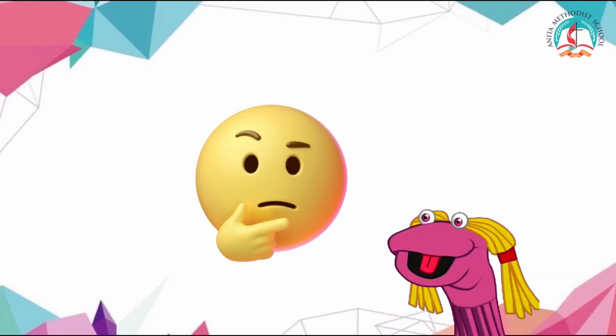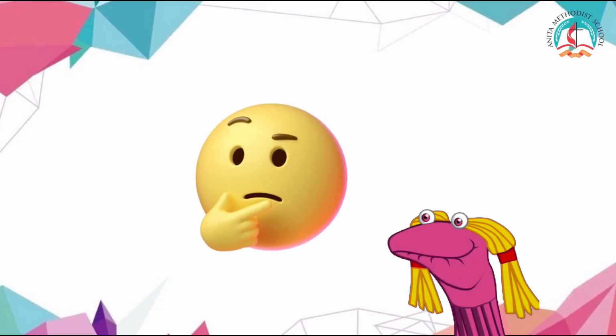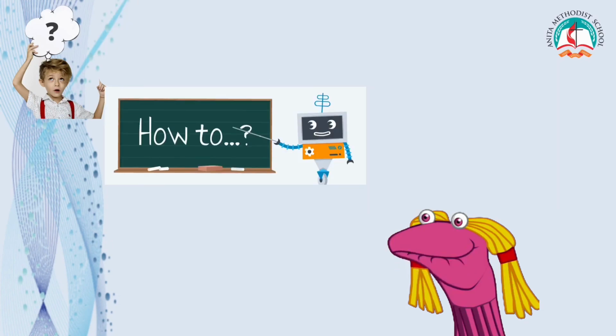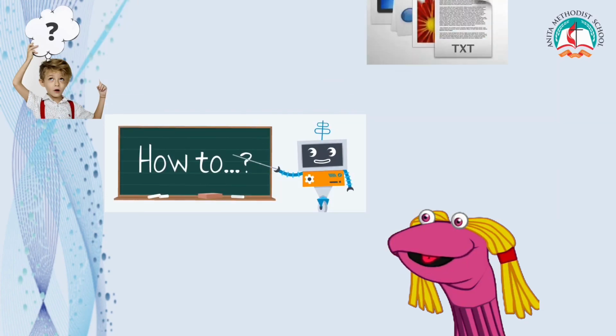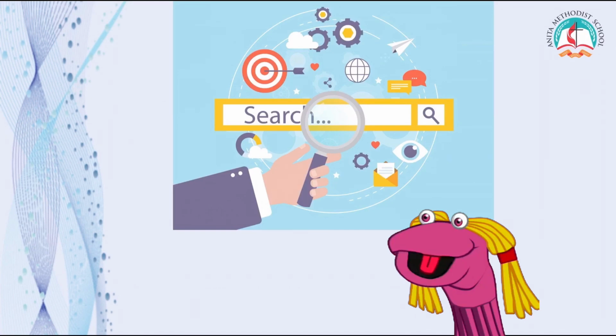Hi children, I am here to recall what we learnt in today's class. Did you remember? Yes, first we learned how to create a folder. How many methods are there? Yes, we have two methods to create a new folder. The first one, you can create a folder using the File menu, that is, from the Start button. The second method, yes, you can create a folder on the desktop. What else have we learned, children? Yes, we learned how to create a file inside that particular folder. Then we learned how to search for files or folders from our system.